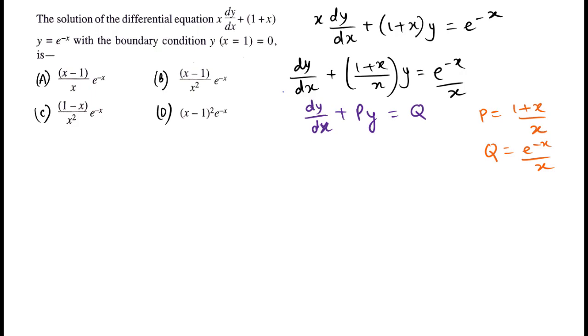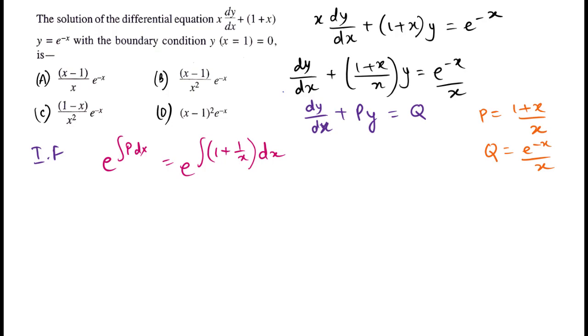Now let us find the integrating factor. To find the integrating factor, we need to integrate e to the power integral of p dx. So let us substitute the values, that is 1 plus 1 by x dx, because (1 plus x) by x